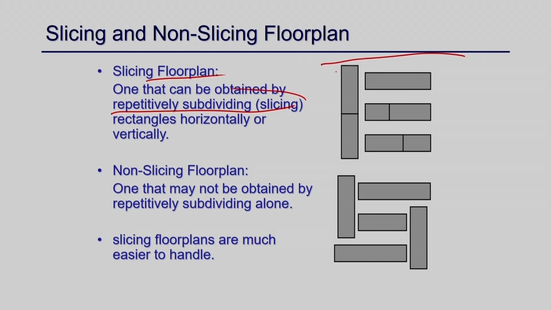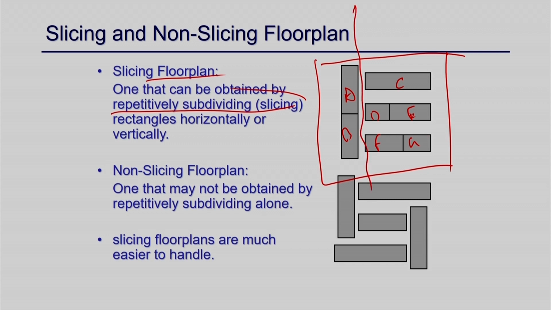Suppose this is how you are placing your design. So this is A, this is B, this is C, this is D, this is E, and this is F, and this is G, right? So this is your placement. So then what is slicing? I make a slice here, then a slice here, then a slice here, then a slice here, and then a slice here. So I just bipartition each component totally, and then this is sliceable.